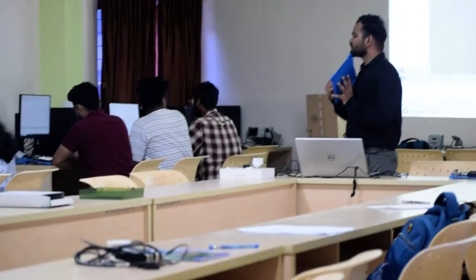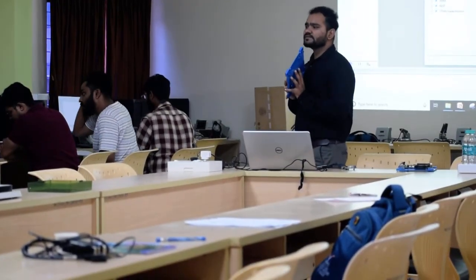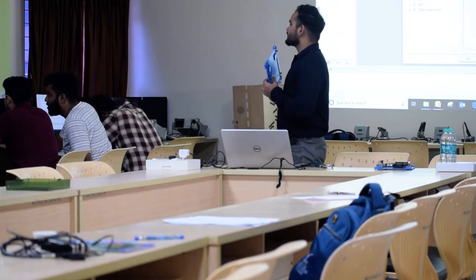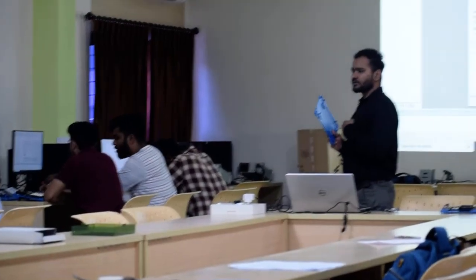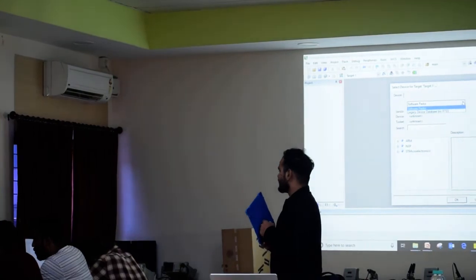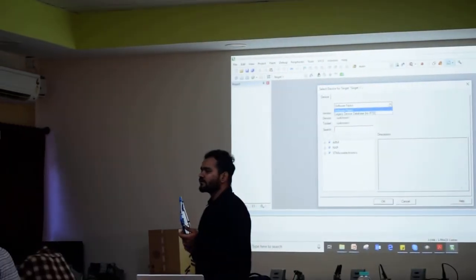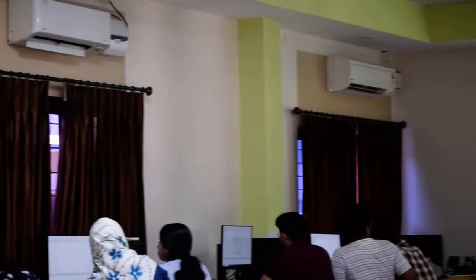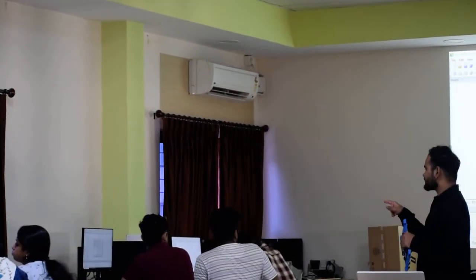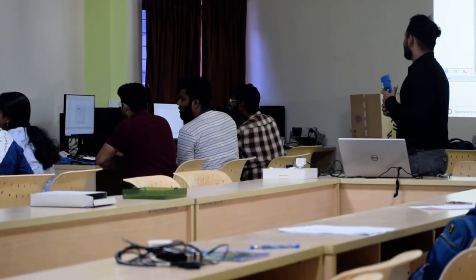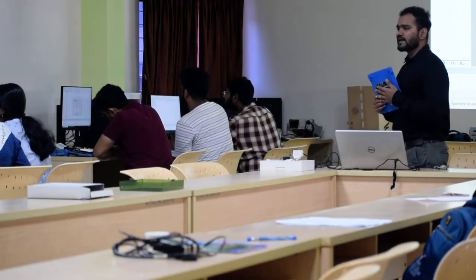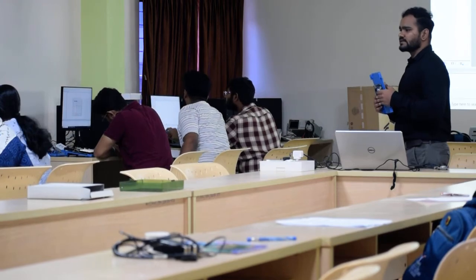Okay. So if you want to do it the CMSIS way, then you have to select software packs. If you don't want to do it by software pack, then legacy device database. In that, we have to develop everything on our own. We will not get any support from CMSIS. Which way you want to go? First way, second way. Can you see legacy pack is installed in all cases? Can you just check? Okay. So first we'll do with software packs, then we will come back to the legacy device.